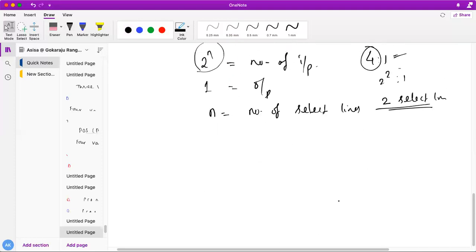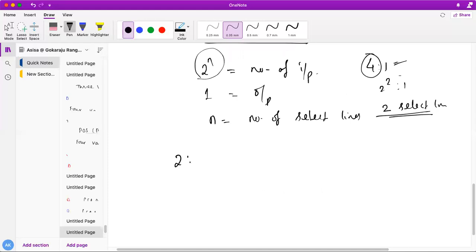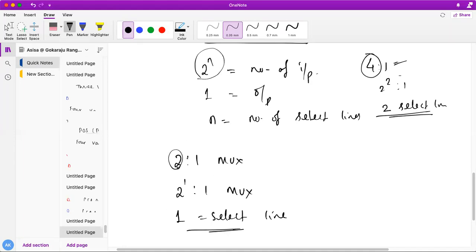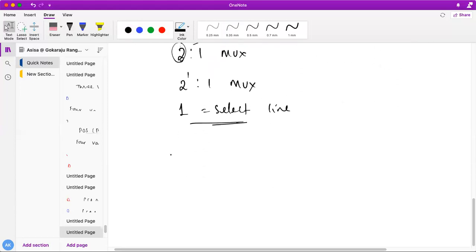Very simple. Similarly, let's say 2:1 mux means 2 to the power 1 to 1 mux. So obviously it has one select line. This select line will decide out of these two inputs which will go to my output. What will be my block diagram for the 2:1 mux? It's very simple. This side is a little bit bigger and this side is small, because it takes many inputs and provides a single output, which is y.